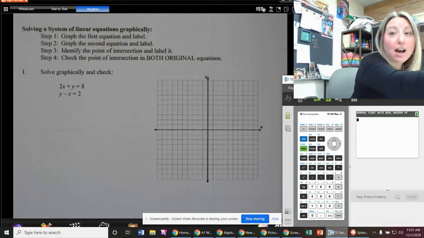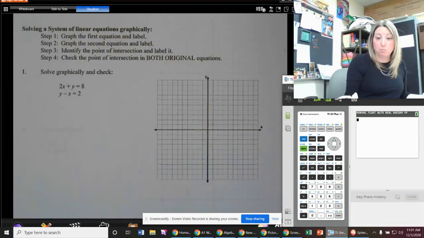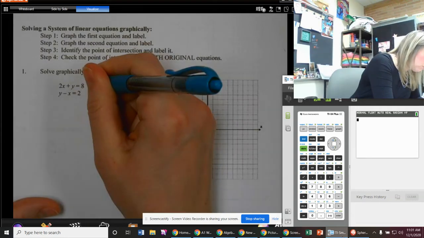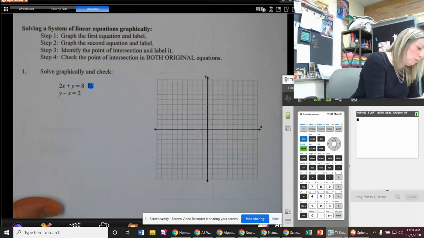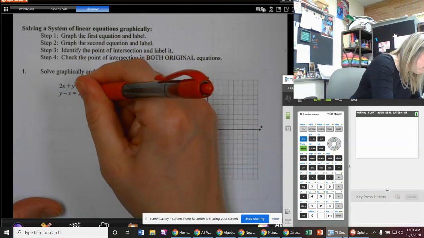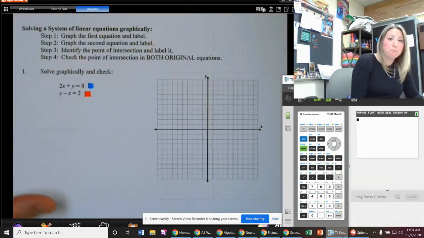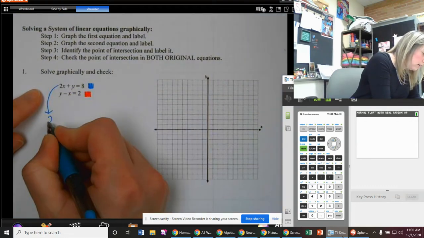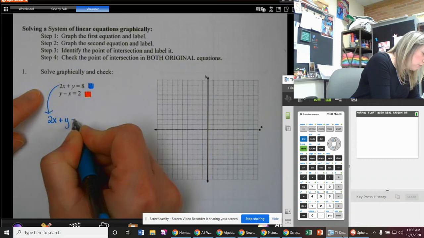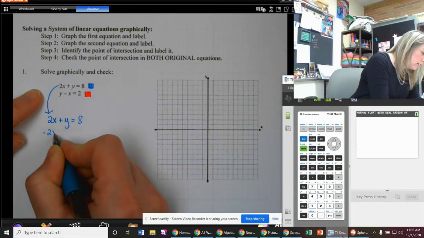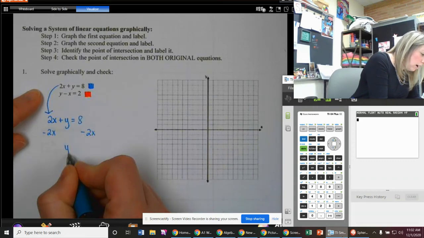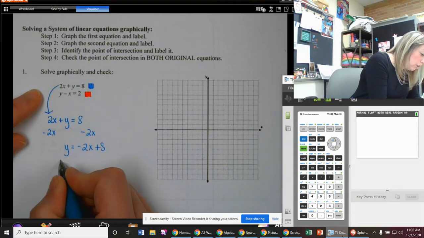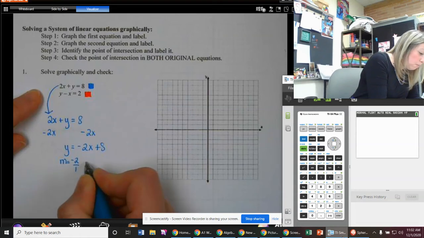In order to graph our lines, we need y equals mx plus b form, right? So I'm going to graph these two lines in two different colors. Okay, here's going to be my first one, and here will be my second one. Okay, so let's start by getting y equals mx plus b form for the aqua one. It's going to mean subtracting that 2x over to the other side. So y equals negative 2x plus 8, which means my slope is negative 2 over 1, and my y-intercept is